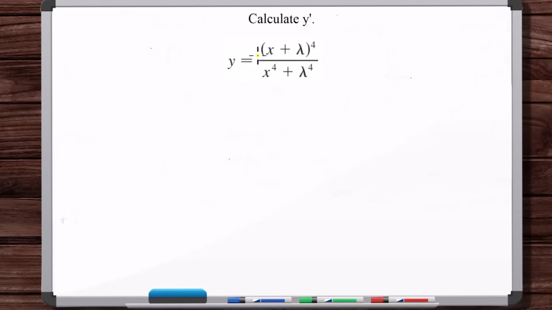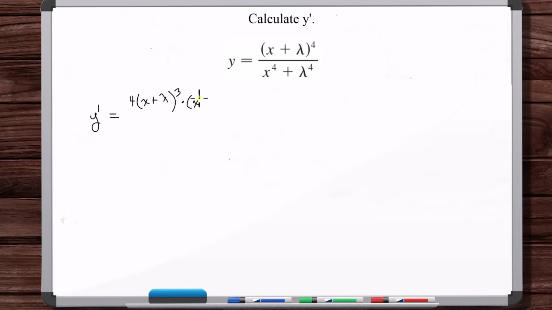Okay, here we're finding that this is y as a function of x, and this is just a constant. So let's find y prime of x. We're going to use the quotient rule here. So derivative of the top, chain rule. We've got something to the fourth power. The derivative of something to the fourth power is 4 times that something cubed times the derivative of that something. The derivative of x plus a constant is just 1. Okay, so that's the derivative of the top